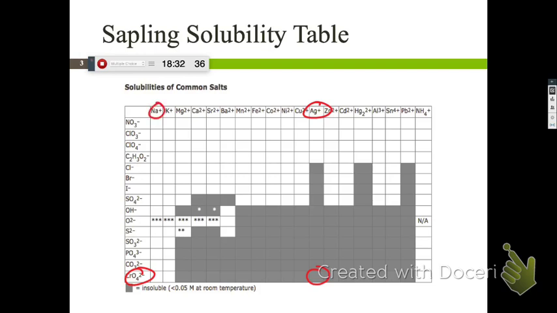We have sodium and nitrate, not going to form a precipitate. Just because one doesn't form a precipitate doesn't mean it rules out the other one. So always check all possible combinations of ions. That's why it's really important to write out all of your ions before you go through it. One of the ways that you're sometimes taught is just to switch the partners and then look up whether they're soluble or not. That does get you to the same place, but I think that if you logically work your way through it, it makes more sense and you remember how to do that.